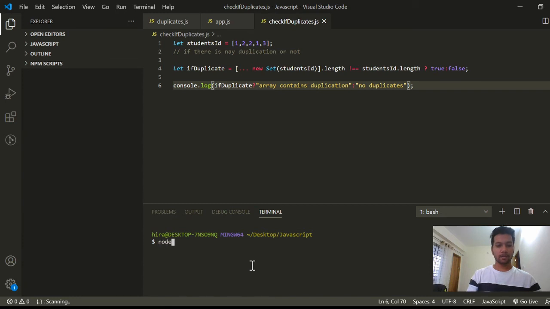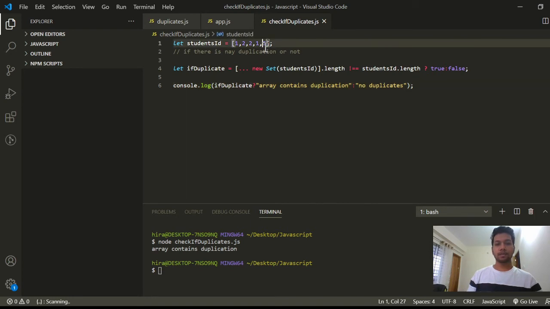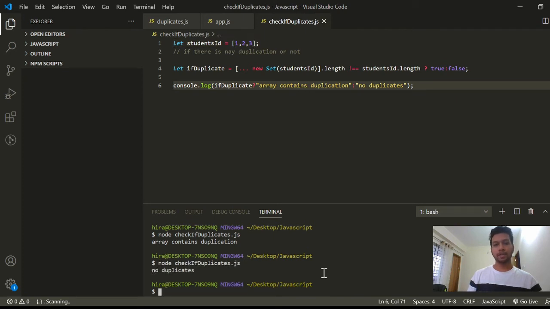Let's see. Now check if duplicates. We can easily say that this array contains duplication. If we change this array like this, it should print the other one, no duplication. This is pretty much it. This is the shortest, fastest and easiest way in JavaScript to check if there is any duplication or